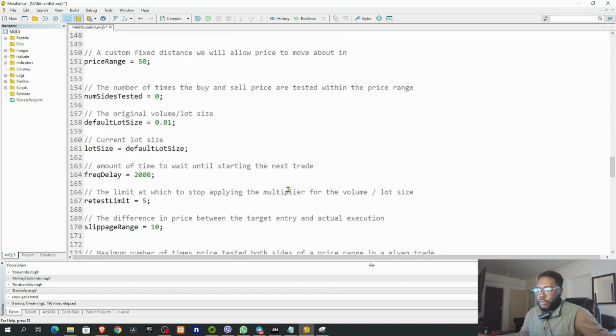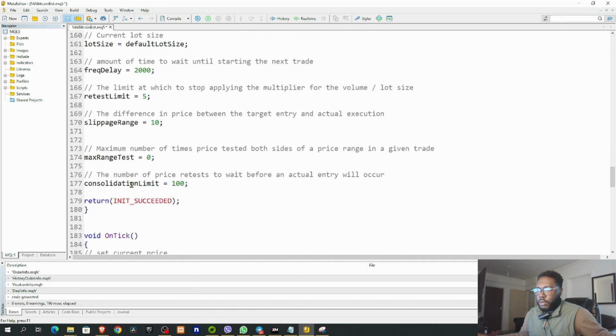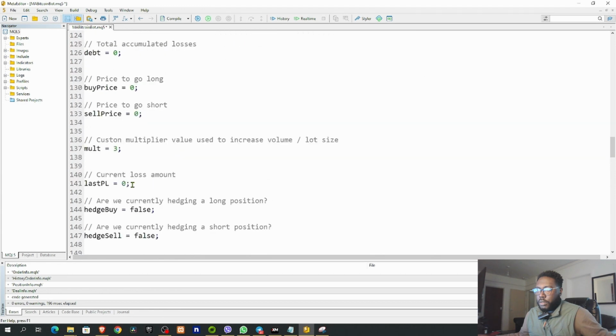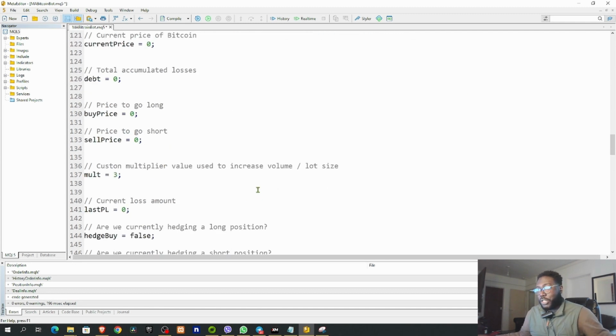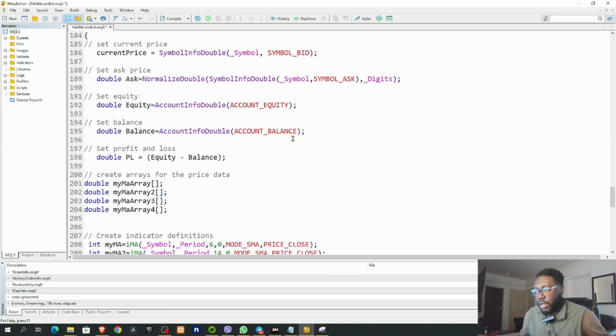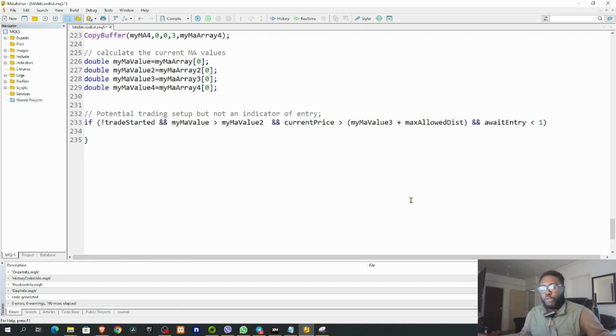Max allowed dist, where have we set it? We set it to 100. There you go. So we can customize that, and it all has an effect on how the robot would enter a trade, or if it will enter at all. So, max allowed dist plus MA3, and also await entry is less than 1. It only enters if await entry is less than 1, which is basically like the cool down period. If that's the case, then